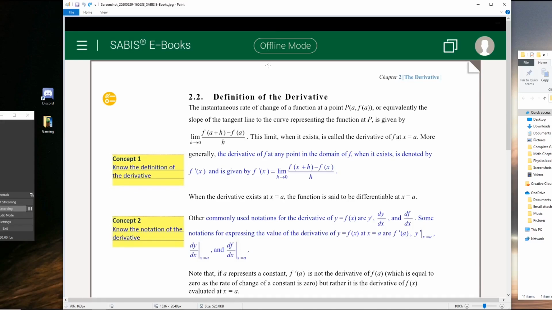Okay, so section 2.2, definition of the derivative. The definition would be the instantaneous rate of change of a function at a point P, abscissa a and ordinate f of a. You could also use x and y. The slope of the tangent is the graphical representation of the derivative, and this is the mathematical representation of a